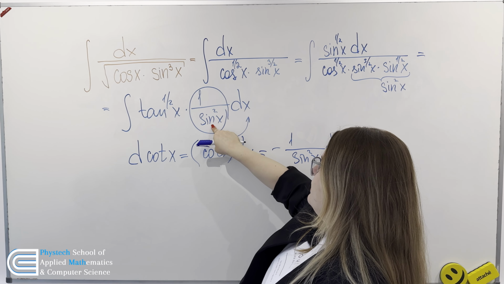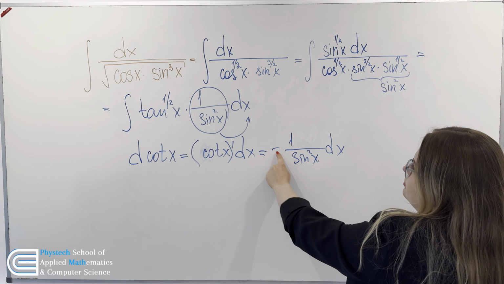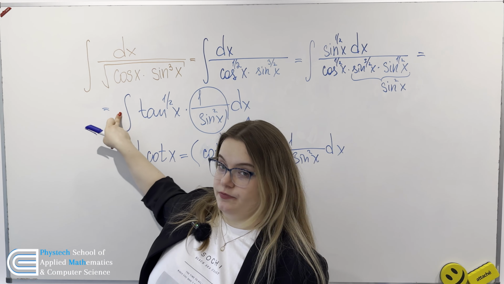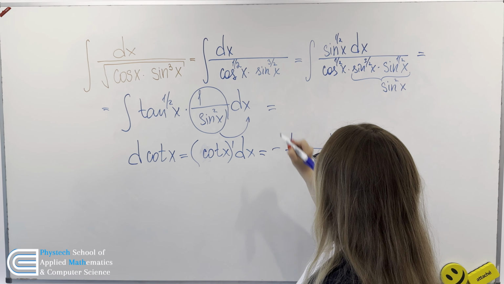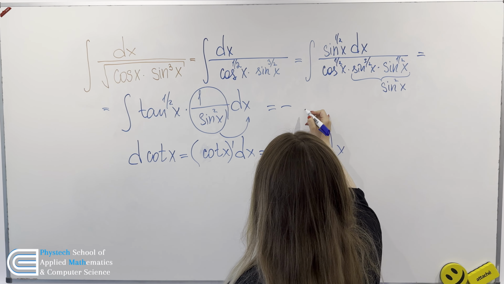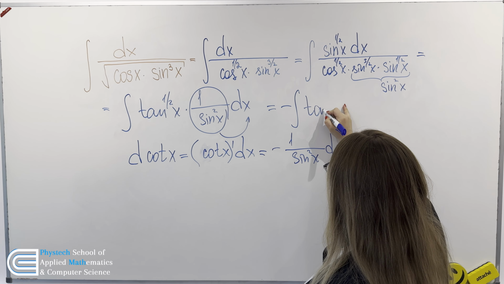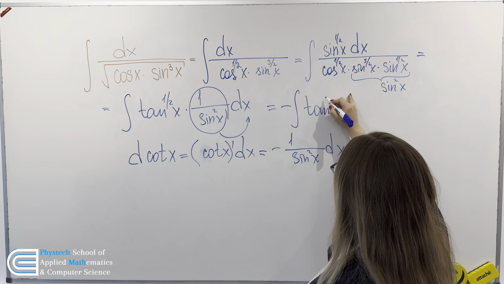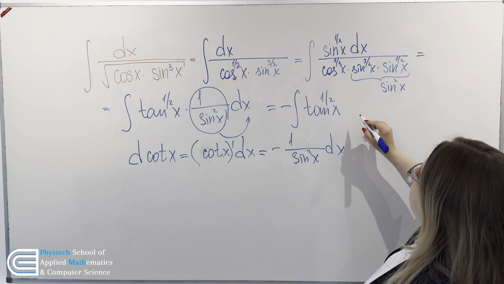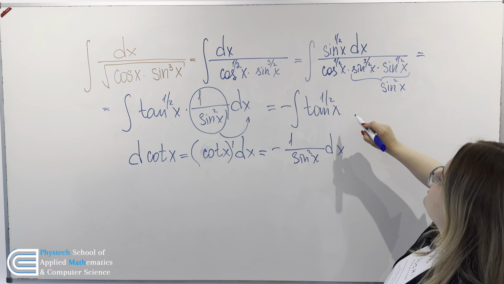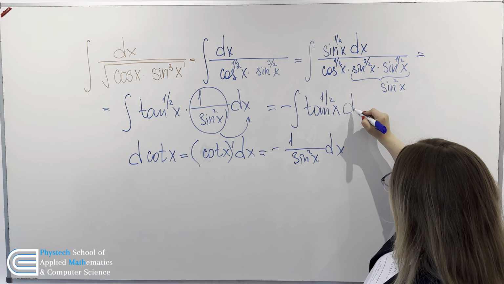So we can see here that we need to put minus here and minus here too. So now we can write minus integral tangent of x to the power of 1 divided by 2 d